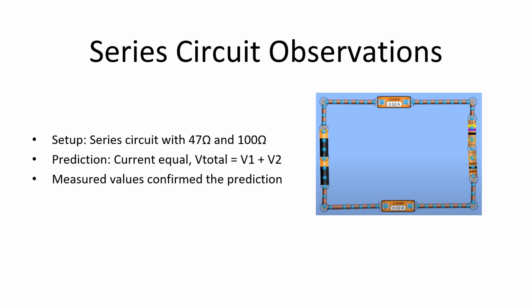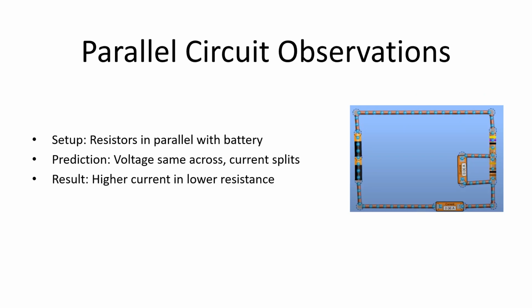So this is the series circuit observation, and this is the diagram. We had the two resistors, and we predicted that there was an equal current, and V total equals the sum of V1 and V2, and the measured values confirmed this prediction. For the parallel circuit, the resistors were put in parallel with the battery, and our prediction was that the voltage was the same across, but there were current splits, and the result was that